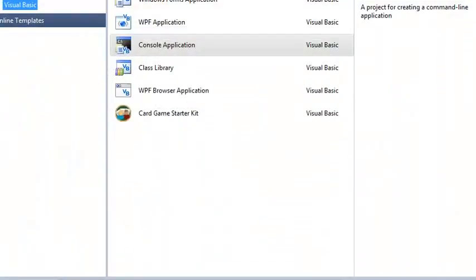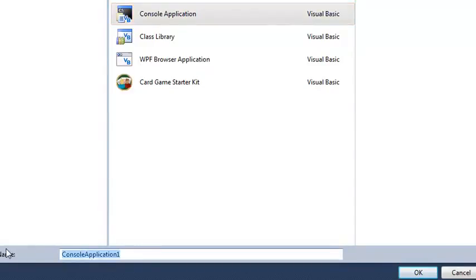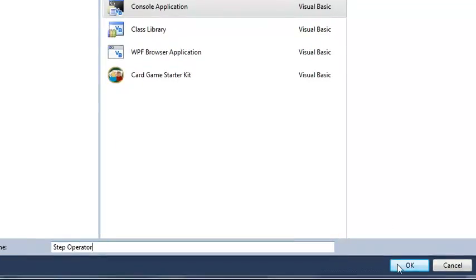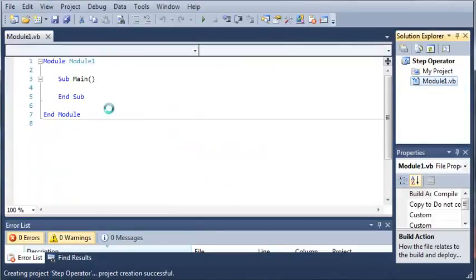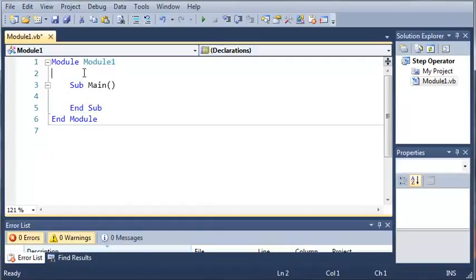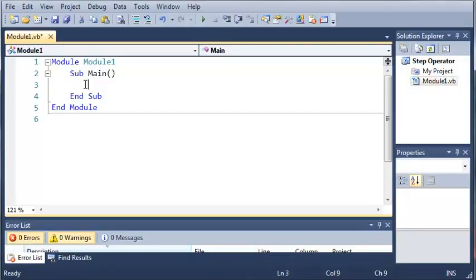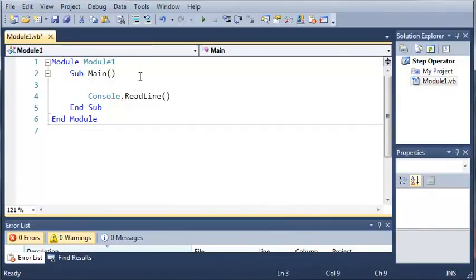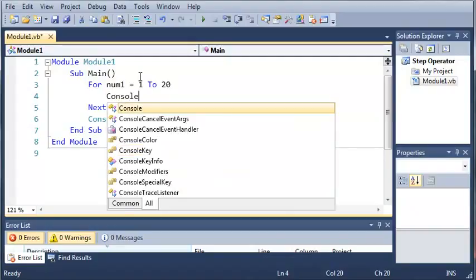We'll go ahead and go up to New Project. We'll go to Console Application, and we will just call it Step Operator, and we'll just go ahead and click OK. Let's zoom in a bit here. Okay, so let's just add console.ReadLine, so it waits for us to press enter or close out of the program for it to close the window before we're done reading. So let's go ahead and create a for loop. So we're going to do for num1 equals 1 to 20, and then we'll just do console.WriteLine